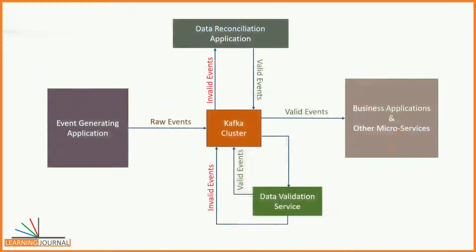However, the overall system might look something like this. In this figure, all invalid records are consumed by a data reconciliation application where the invoices are worked upon to rectify the issues and sent back to the pool of valid records. All the correct records are consumed by other applications and microservices to achieve some business objectives. Make sense? Great. Let's build a real-time data validation service.